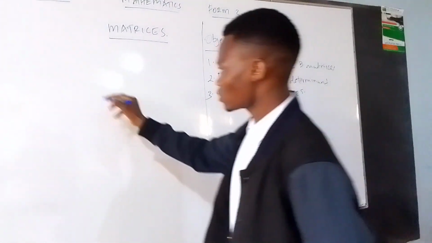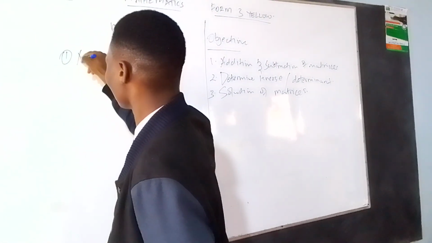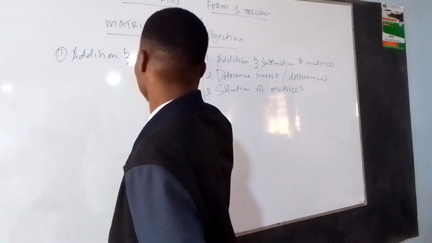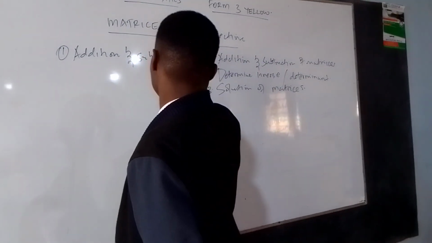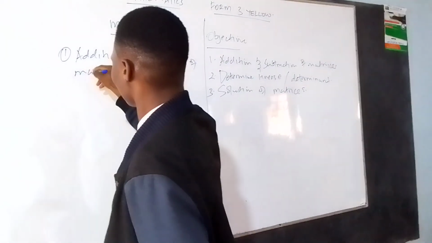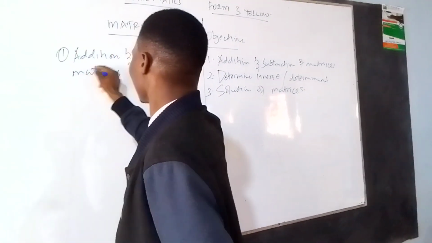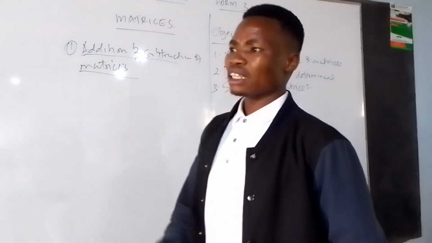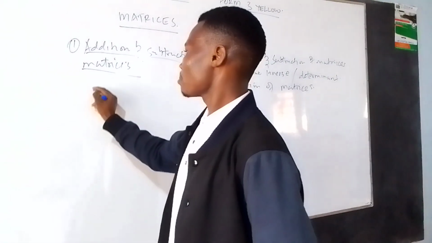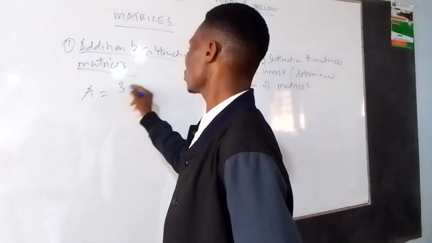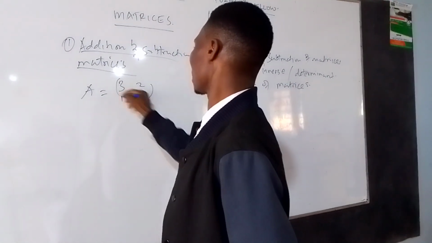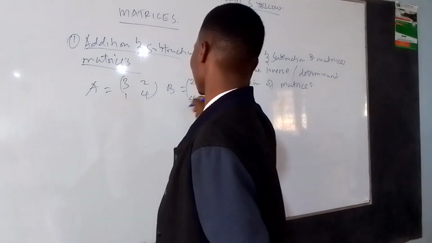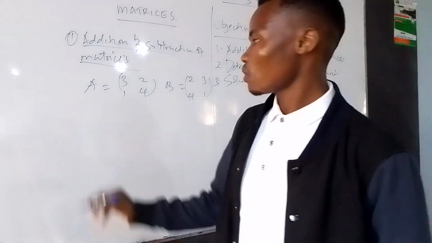So let us start with the first objective, number one, addition and subtraction of matrices. Like in the case, let us take our example one. We're given matrix A is 3, 2, 1, 4, and matrix B is 2, 3, 4, 1. This is our matrix A and this is B. Then you are told find